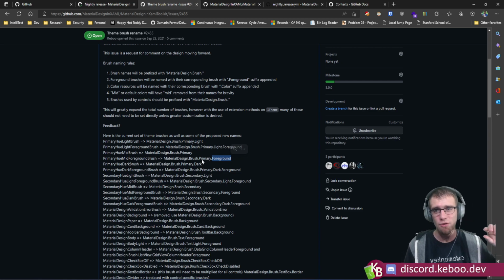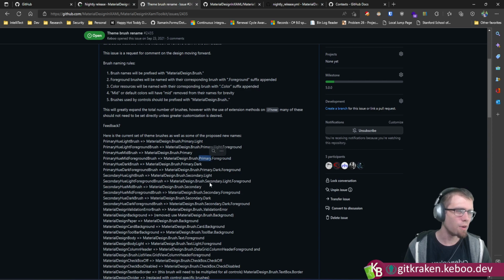So I'd like to get it down to where every brush is ideally only used once, or is only logically used once. So that if I want to set the border of all of my text boxes, for example, I set that one brush and then they all work, right? So it's a lot, even though that may be used in 3 or 4 templates, it's at least logical on where they all are. I would like to get the generation of all of these brushes, though, is a decent